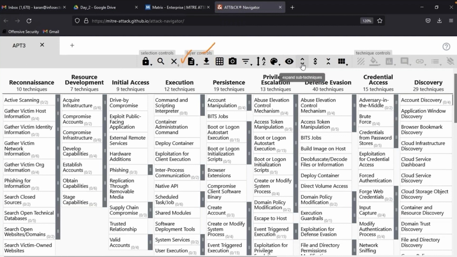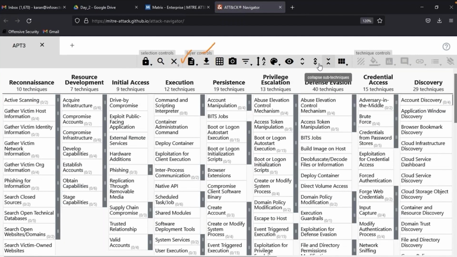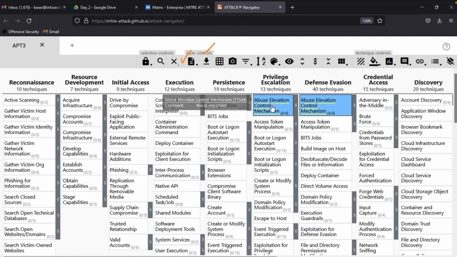Okay. This is expanding the sub technique, right? Collapsing the sub technique. And this is expanding the annotated sub technique. So let's suppose you want to write a comment to a technique. You can write a comment in the technique control. For example, this is important. You can highlight like this. So now this is annotated. Okay. So if you want to show the sub techniques which are annotated, you can show that. Right? That makes sense. Right? These are commented things. Cool. Similarly, we can remove the comment also. There is no problem. You can remove the comment